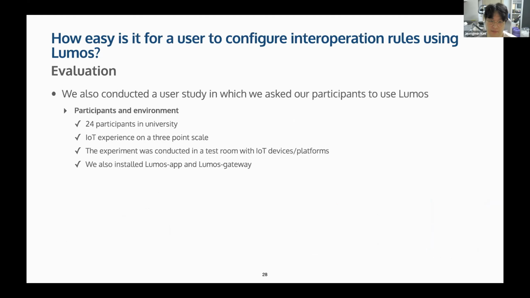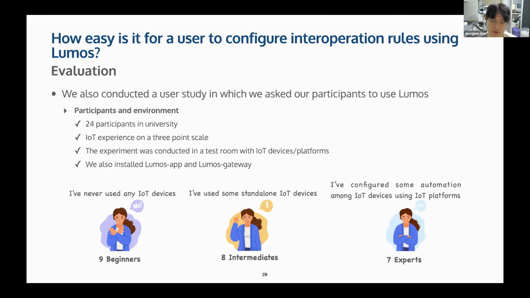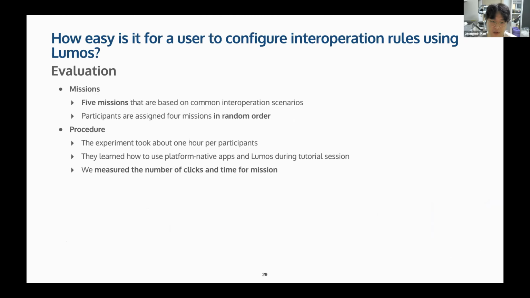features. The last question is about the usability of Lumos. For this evaluation, we conducted a user study in which we requested our participants to use Lumos. We recruited 24 participants from the local university community, and we grouped the participants according to IoT experience on a 3-point scale. For our user study, we programmed 5 interoperation missions to directly